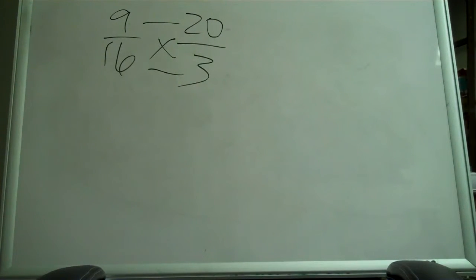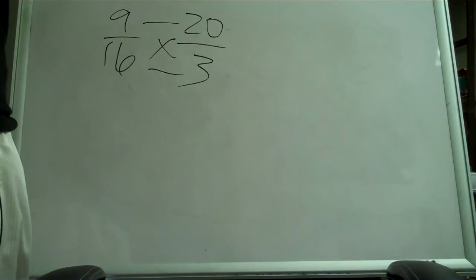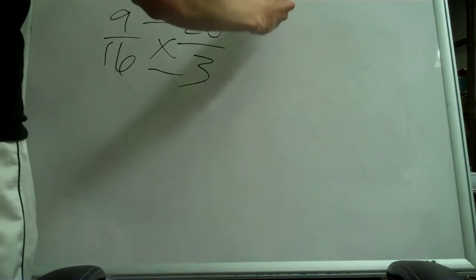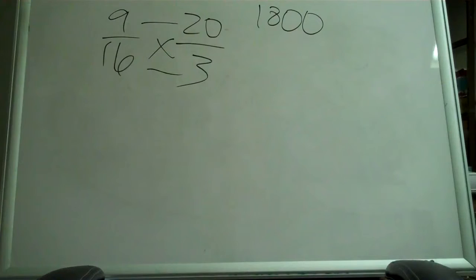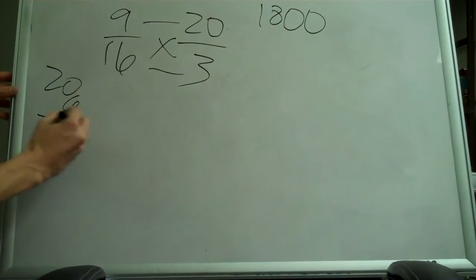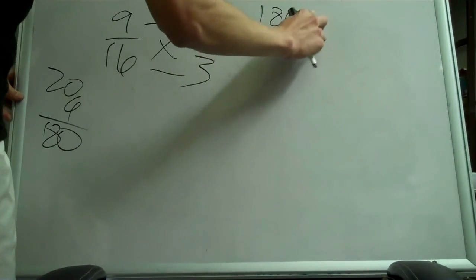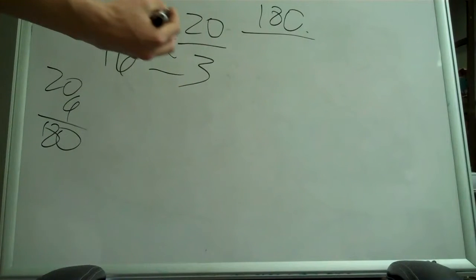And multiplying fractions, you just multiply the numerator and the denominator across. Adding, you have to have a common denominator. You just add the top, you keep the denominator the same. Subtracting, the same thing goes. And so here you have 20 times 9, which is going to be 1800. No, just 180. That was dumb. Okay, 180 over 16 times 3 is